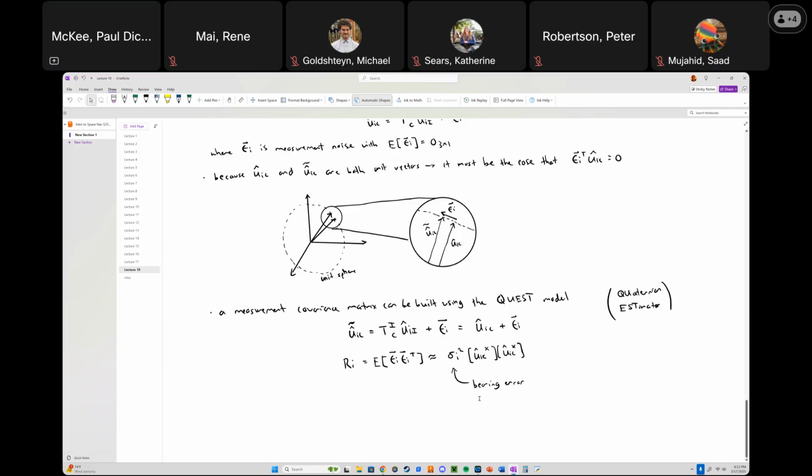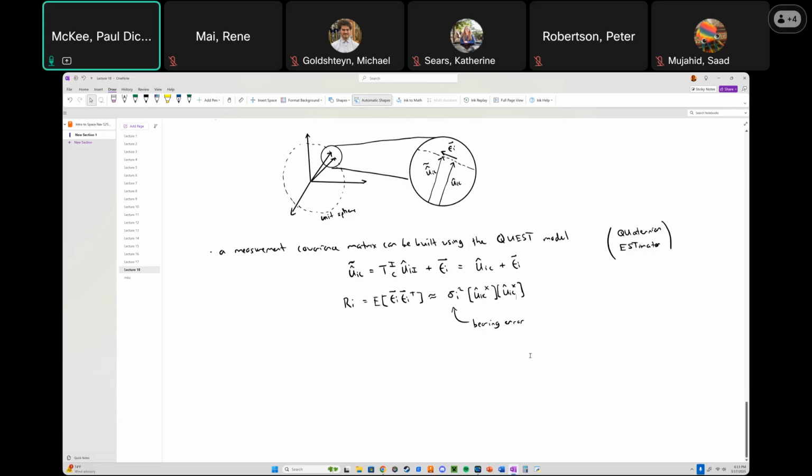So let me go through and work this out. If we do the math, then u_i cross, oh, sorry, transpose, there we go. Goodness me, what is that? u_i cross transpose. If you actually go through and do element-wise multiplication, this is going to be 0, negative u3, u2,